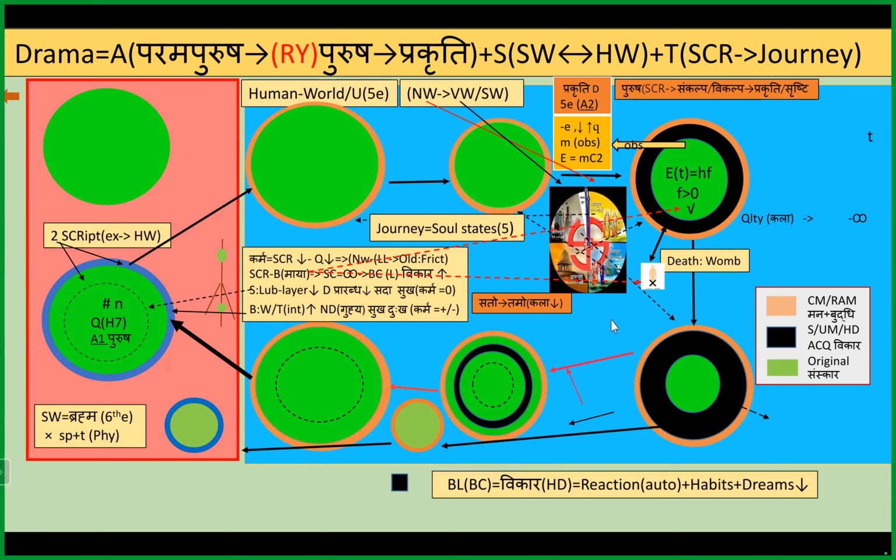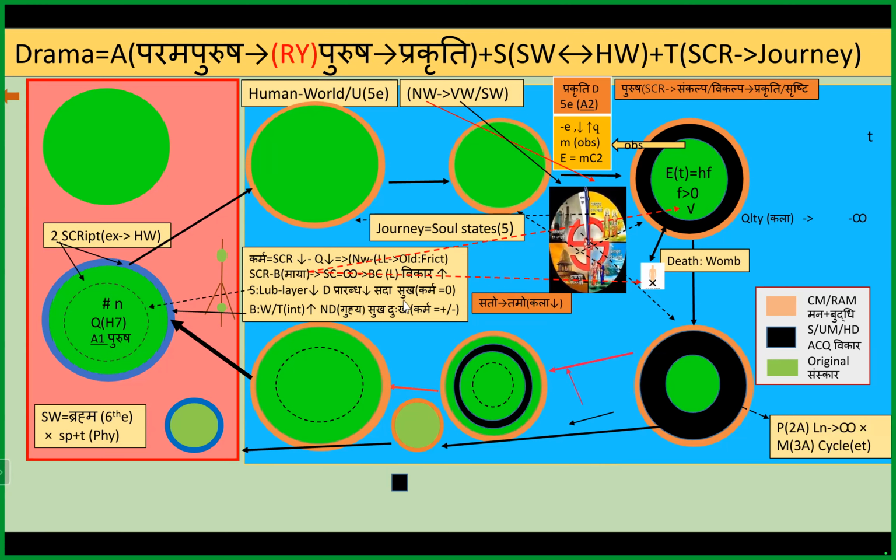This body consciousness, or this black layer, generates vikar, which is stored in the hard disk, and we can always identify our vikars because the vikars make us autonomous. So we react, and it is formed because of the habits, and our dreams will also give that indication of how vikars are stored in our subconscious mind. And as per science, if we go through it, physics will say that this will go on and on till infinity.